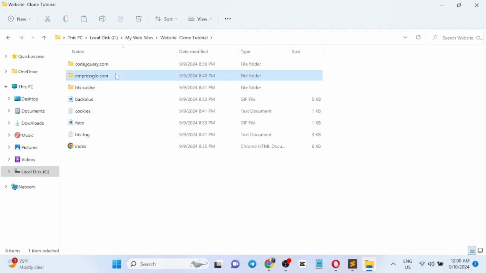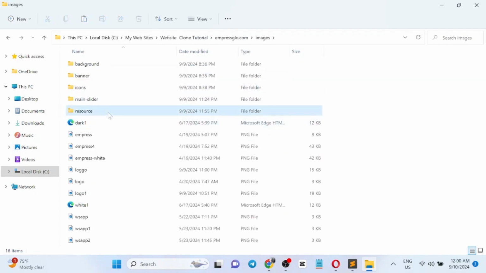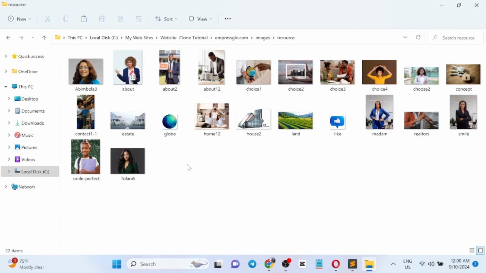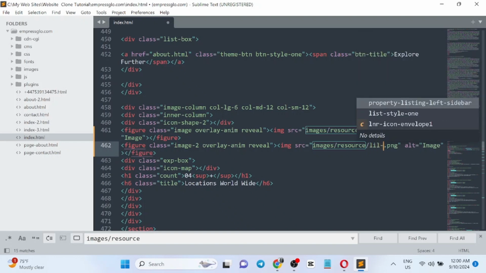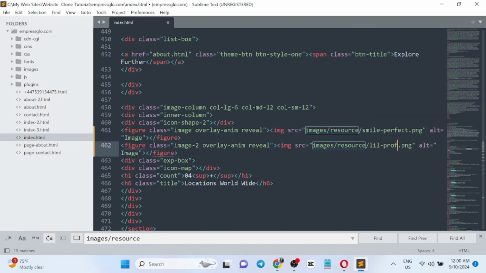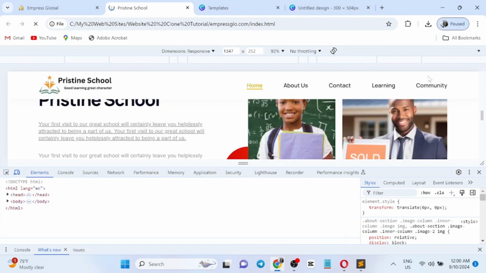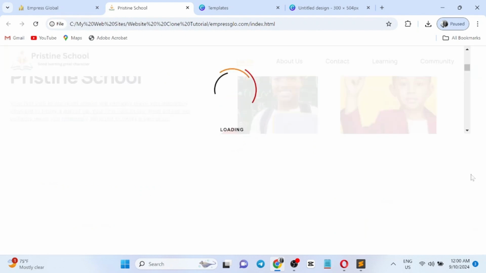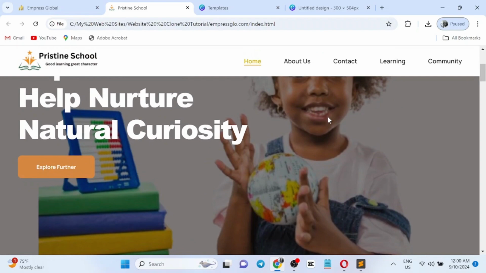Man, this has been a long tutorial. So, images, resource, and paste this right here, Lil Prof. So I'll just come right to my code editor, and then I'll call this guy Lil Prof. Okay, I'm gonna save my work, and then here we go. Yeah, so real estate website has turned into